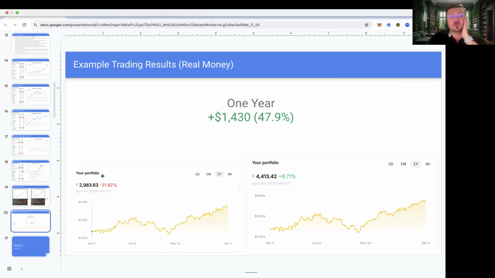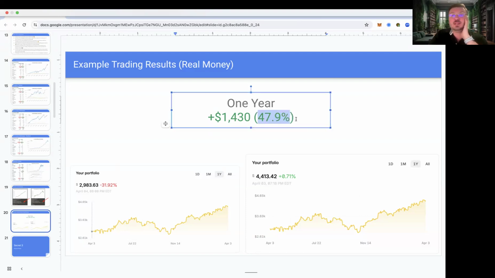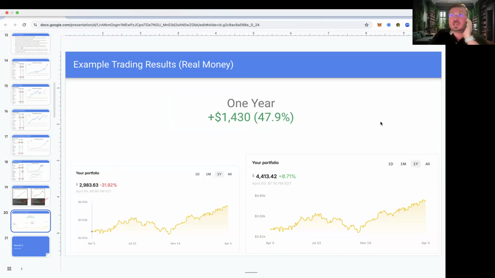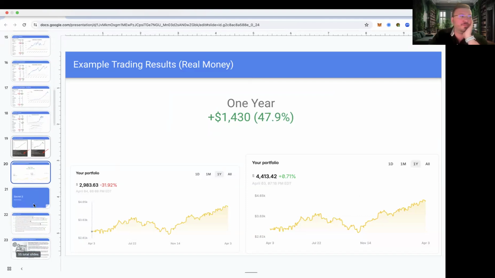I started with a small account. I put some cash into it. I feel like we should put more money into this actually, because this one's doing pretty well too. Although not as good as that 50% in a month. That's freaking wild. That's one of our newer ones. This one I put in about $2,900, almost $3,000, and it's up to $4,400 last time I checked. So in other words, up about 50% on the year. Which again, if you look at the NASDAQ or whatever, we're smoking all of those. Right. Awesome.